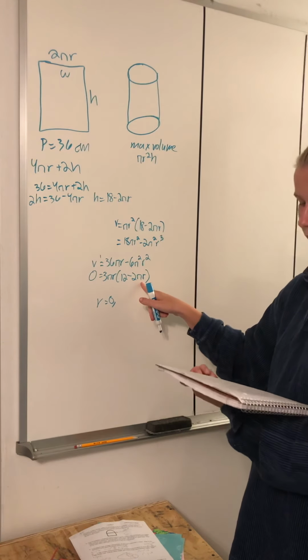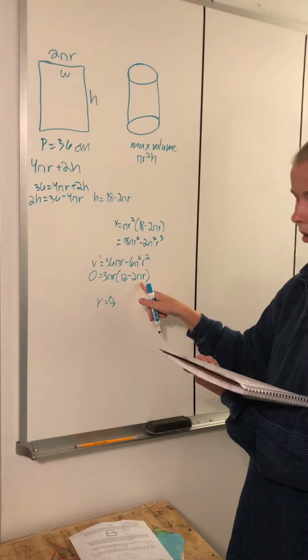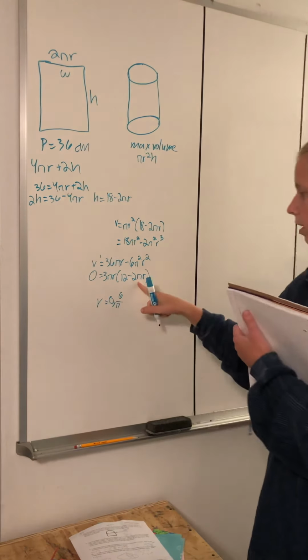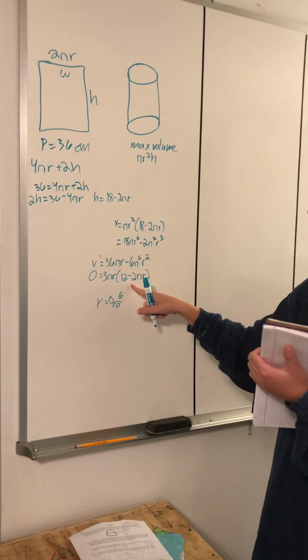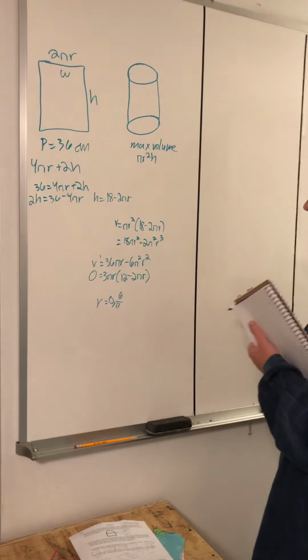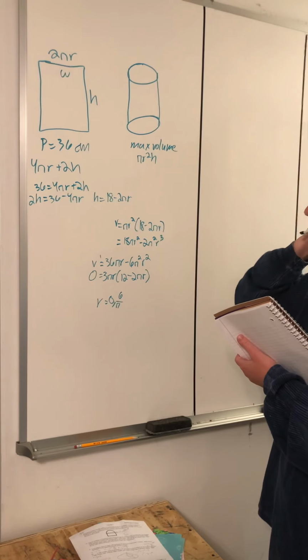Or if you put r in here, r would be 6 over pi, because 6 over pi times pi would be 6, times negative 2 would be negative 12, so then you have 12 minus 12, which is 0, times whatever is 0. And so we're trying to figure out which r value we would use,